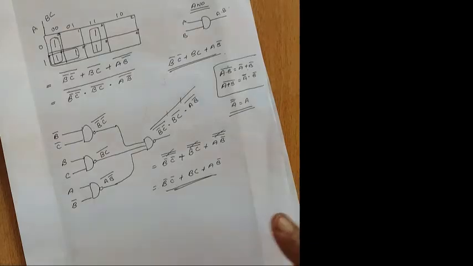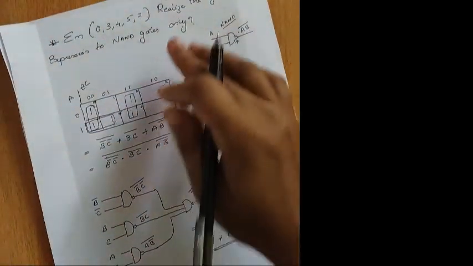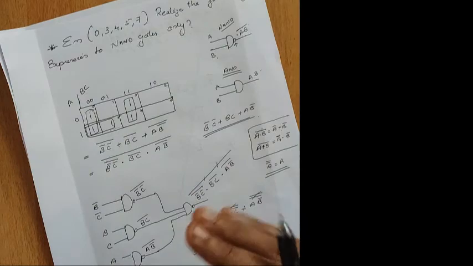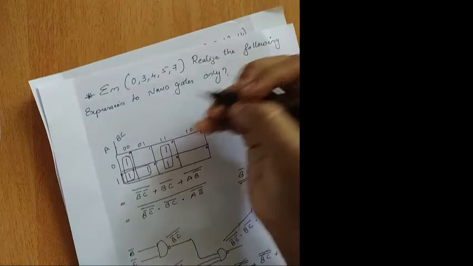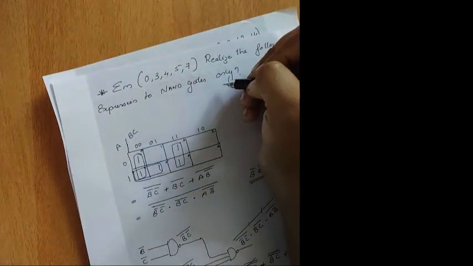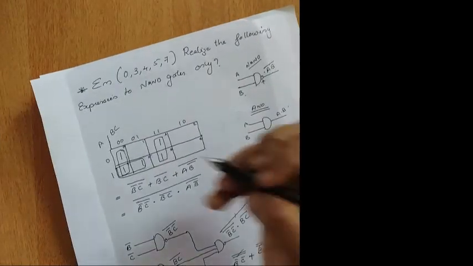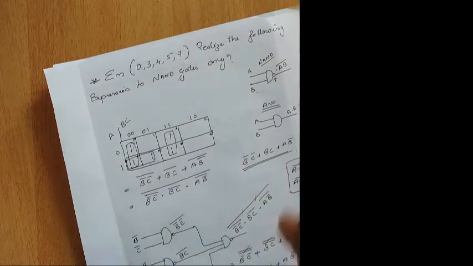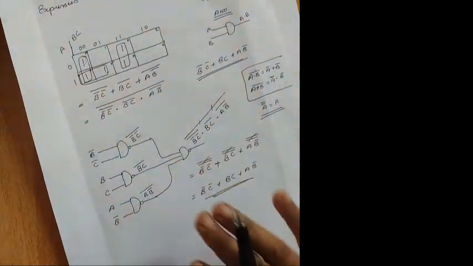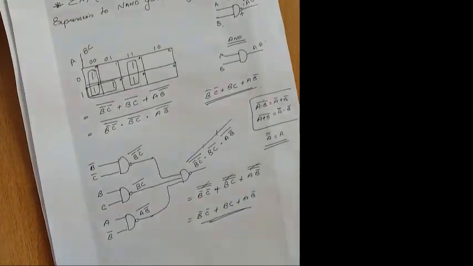Suppose in the question they ask you, this is in a sum of products form function, you have to find the product of sums form of this. You have to find the opposite. Suppose you realize the following expression, a product of sums expression. What happens? If it is in a product of sums form, you have to give zeros over here, and the expression will be in an alternate way. So don't get confused. NAND gate is the basic thing that we are using everywhere. So sum of products form is the basic thing, so you can go for that. And in the last, we can go through what you mean by a product of sums form. Otherwise, you will get confused.